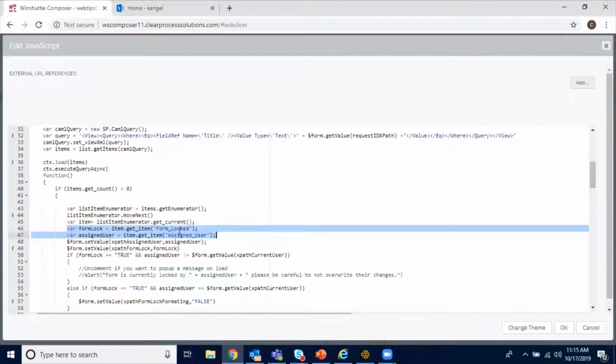Because, if you're familiar with Winshuttle and routing forms, typically SharePoint columns do not update until the form has been submitted. You can edit form data in the form, but that won't change a SharePoint column until you've actually submitted that task. So this is the way that we get around that, by running some JavaScript in the form to update those columns in real time, so that as soon as a user clicks the lock button, they don't need to submit anything. It immediately updates those SharePoint columns,